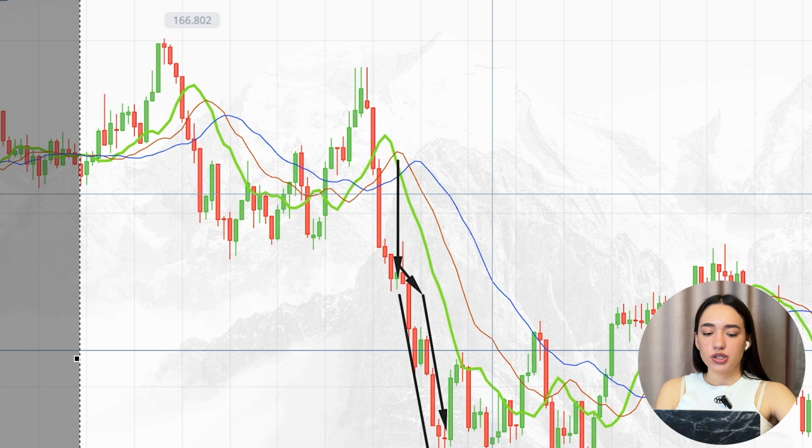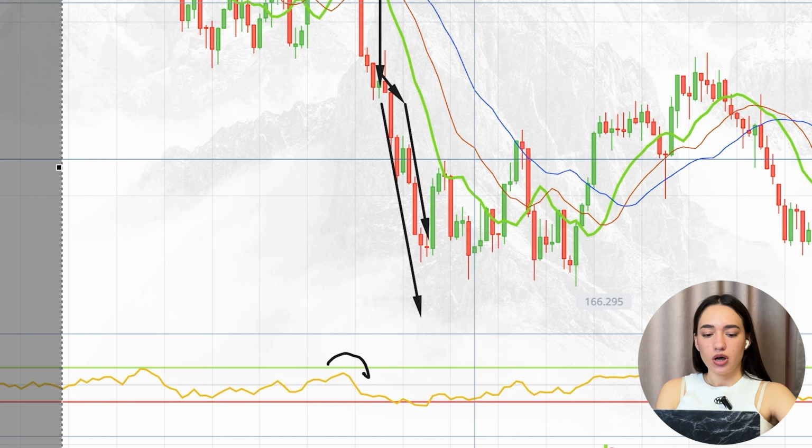Either it's exiting the overbought zone, or the RSI line is within the 50 percent to 30% range, and if it's in that range, it confirms a strong bearish trend, and that's why then we can enter. But again, false signals are possible, so to minimize risk even further, we're checking the